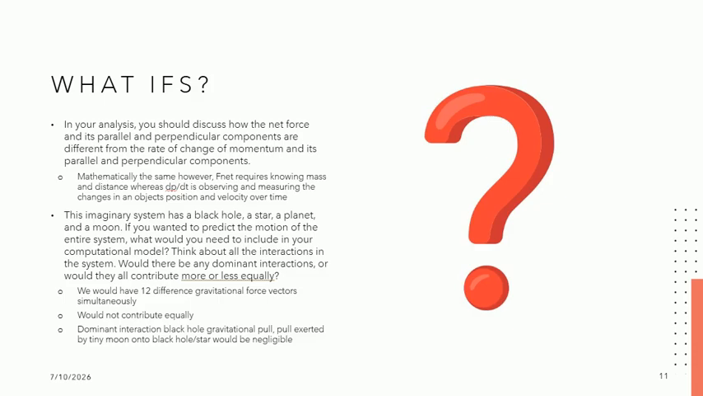The next question is, this imaginary system has a black hole, a star, a planet, and a moon. If you wanted to predict the motion of the moon, what would it be? So we'd have 12 different gravitational force vectors simultaneously that would not all contribute equally because of the dominant interaction by the black hole and its gravitational pull. Meanwhile, the tiny moon's pull on the black hole would be